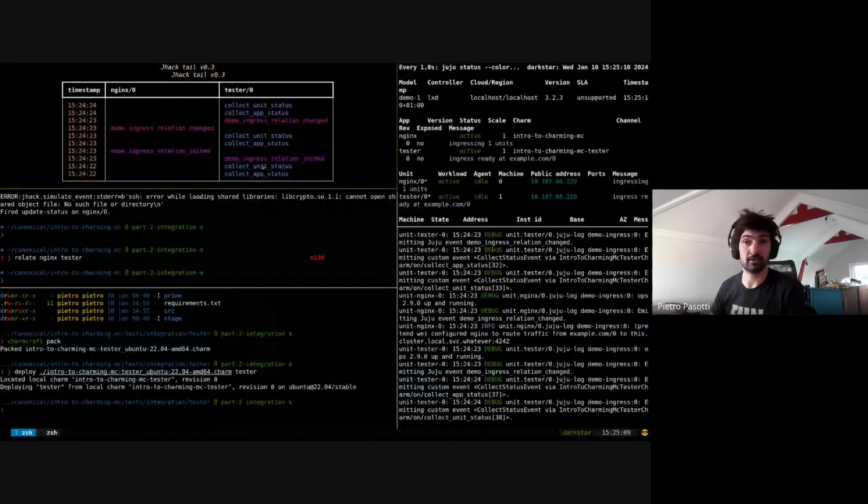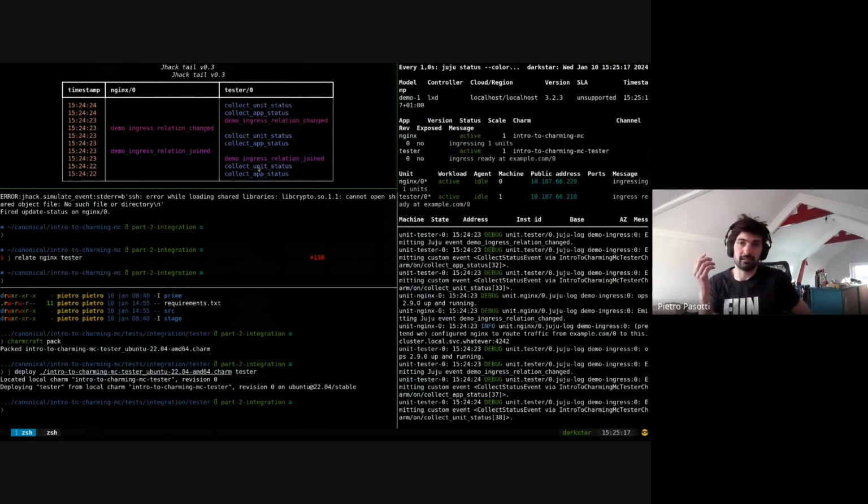But so yeah, this matches the expectation. The semantics of the different events, you can find that detailed in the documentation, but what the relation join means is that a unit has joined the relation. So the data bag for that unit has become available and can be written to and read from. While